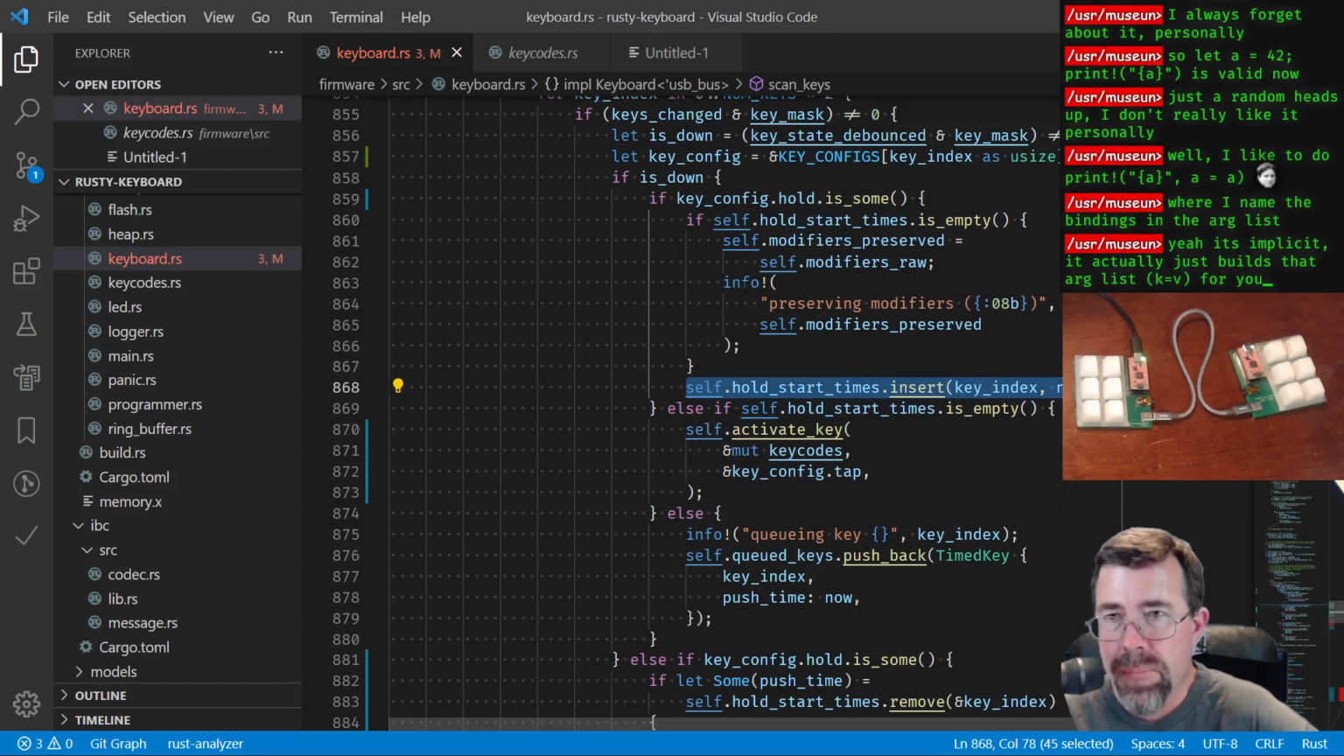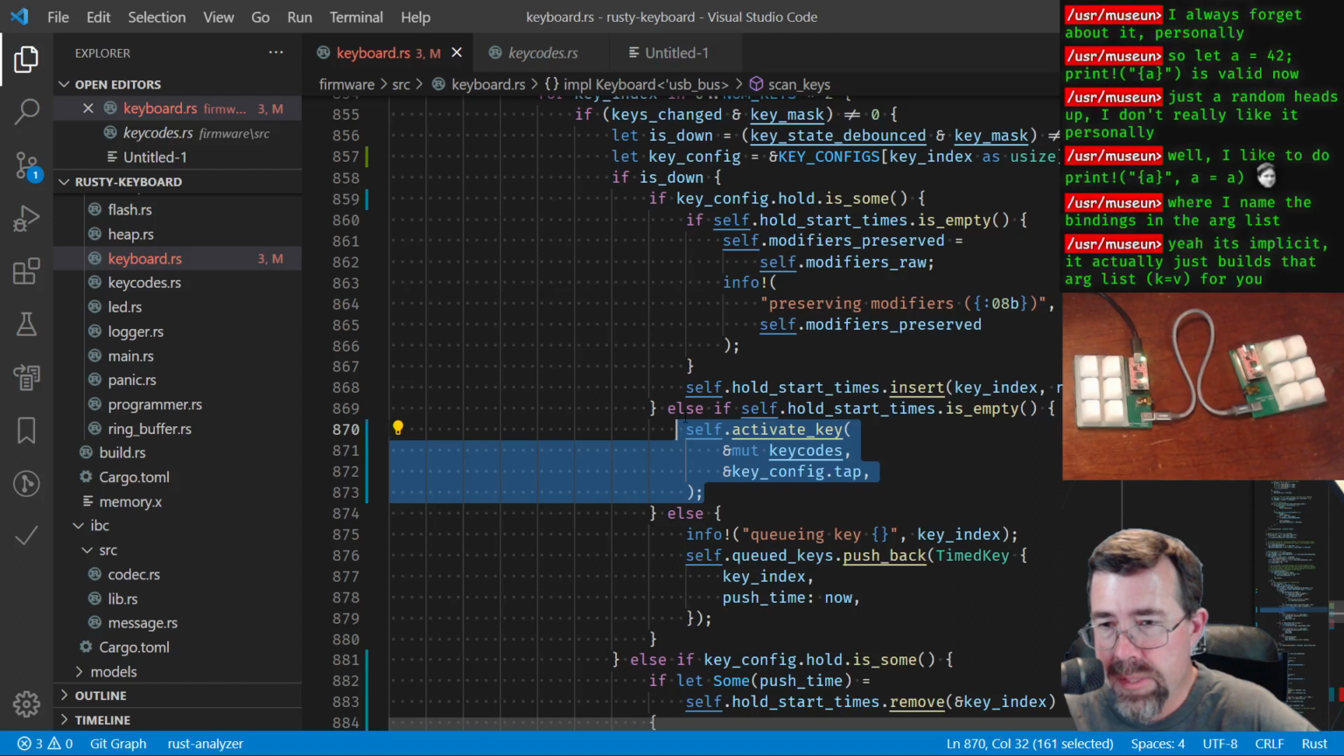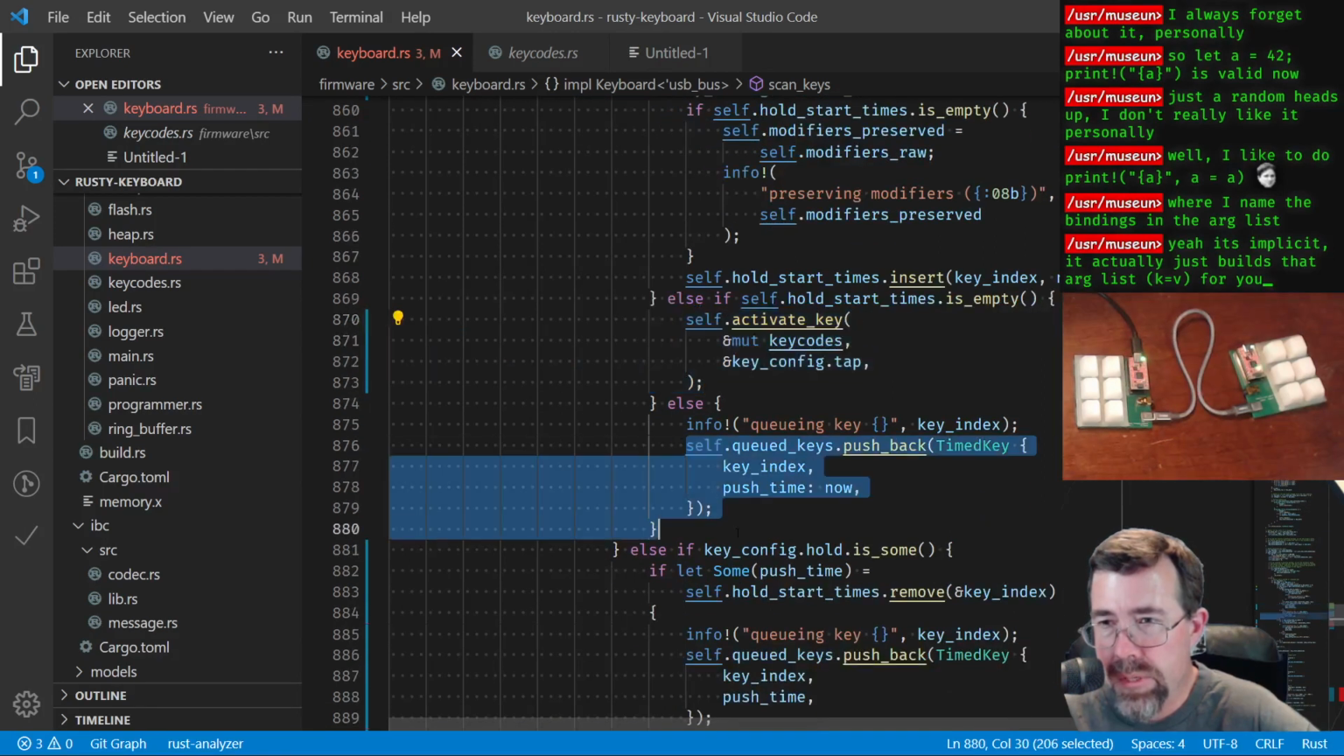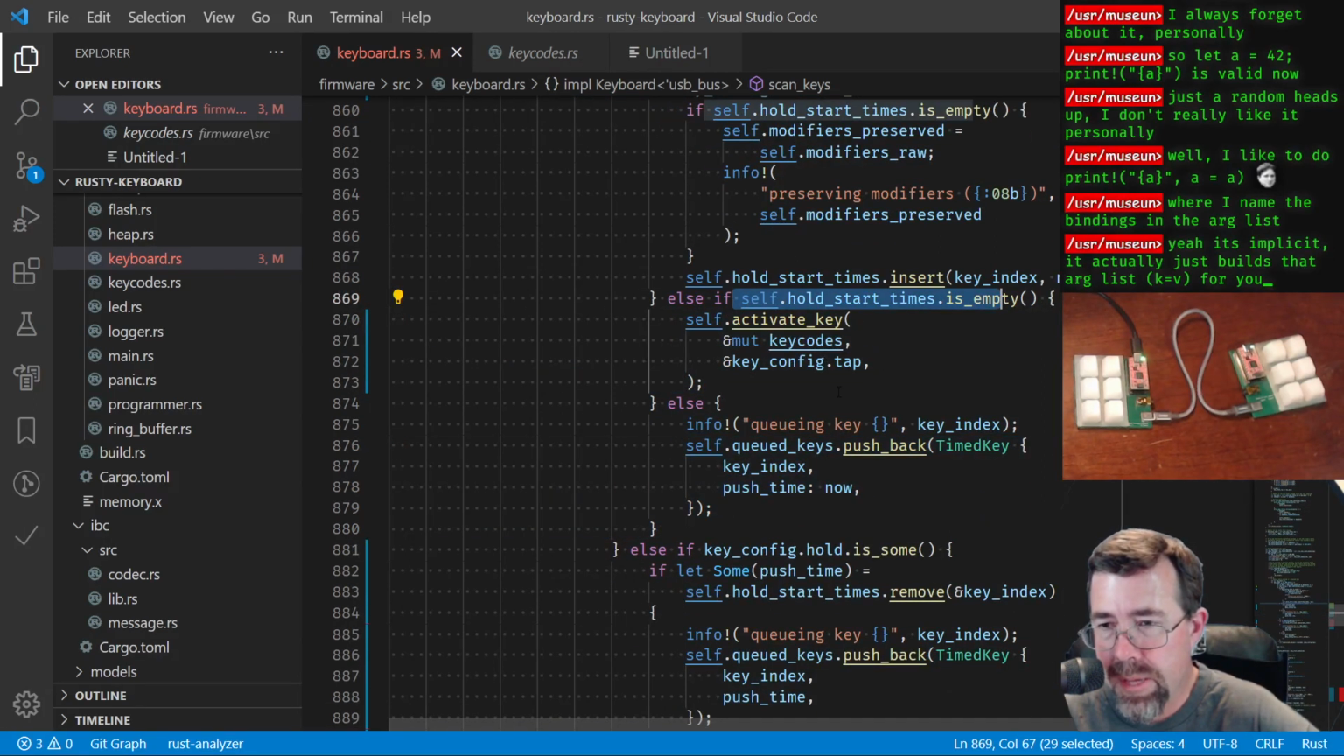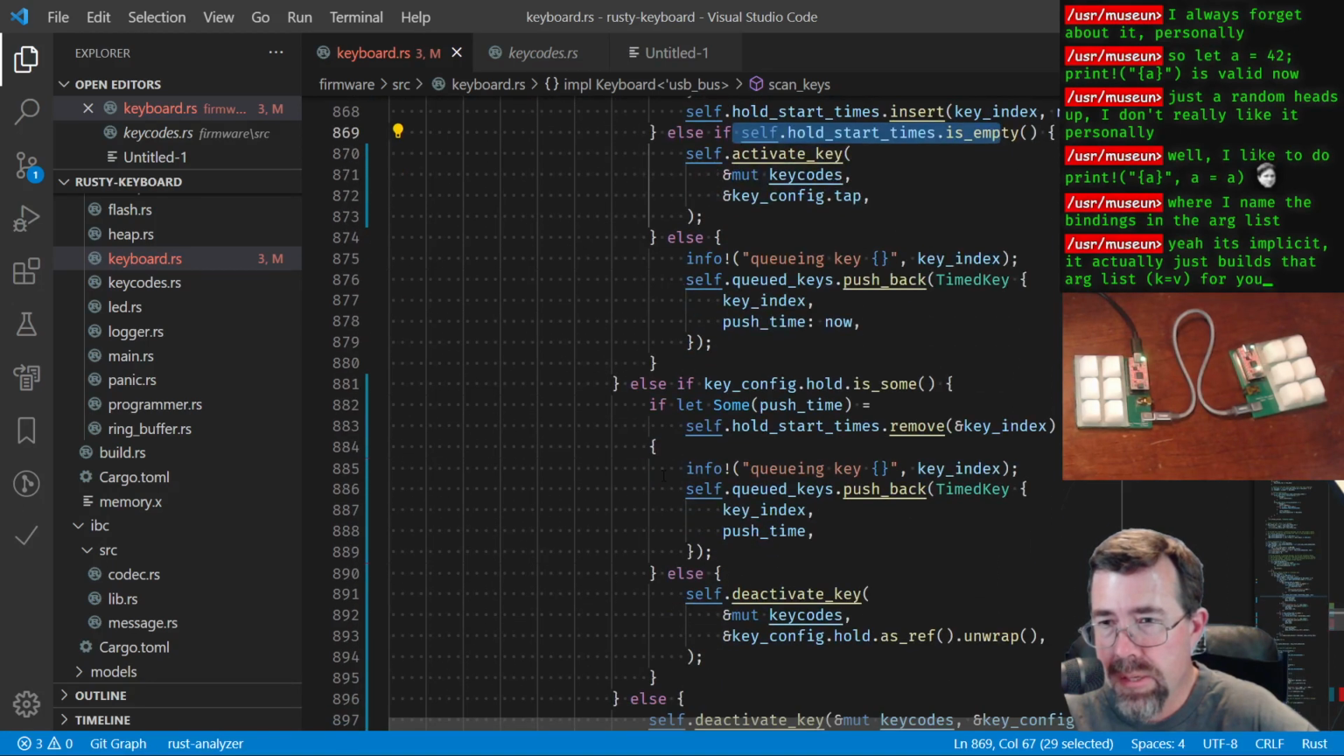collection. If hold has no meaning, and if we're not needing to make a decision, we activate the tap right away. Otherwise, we have to queue it because we're still doing a hold tap decision. That makes sense to me. All right, so then